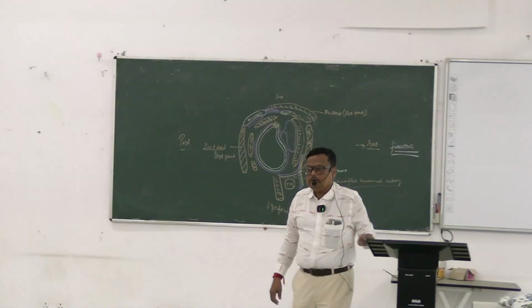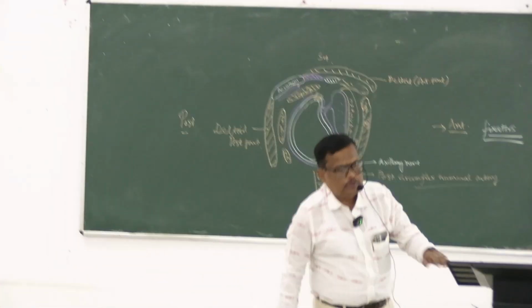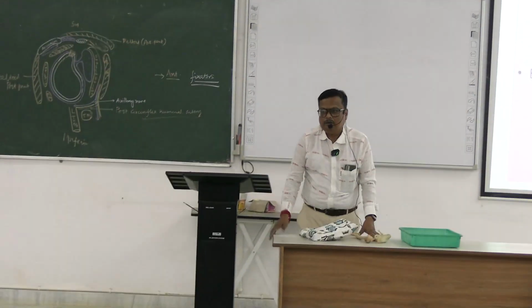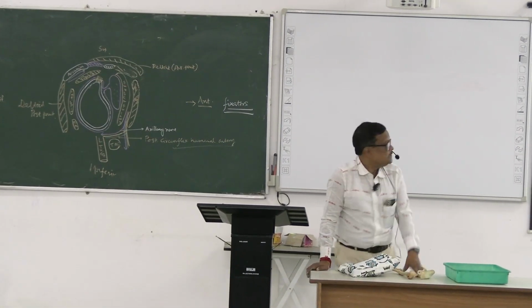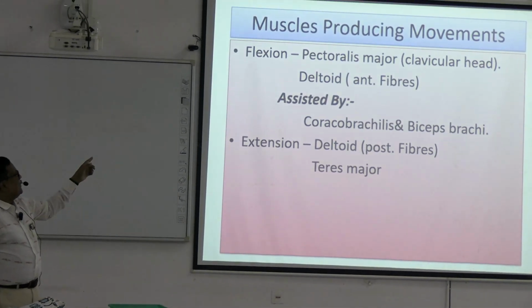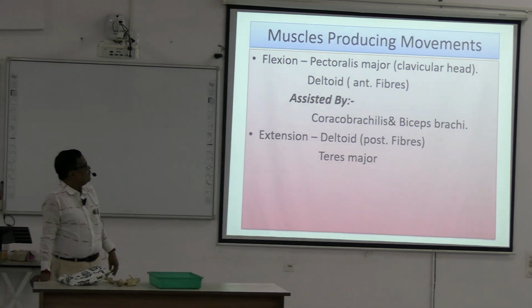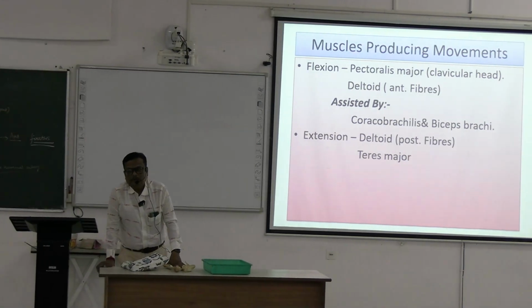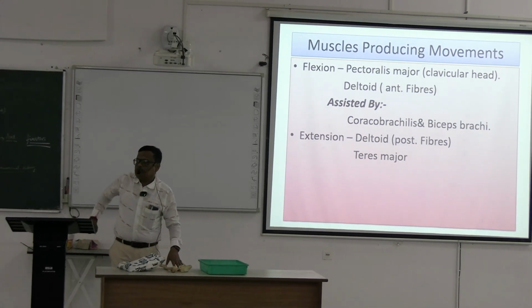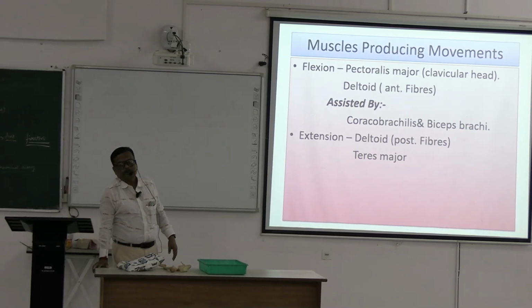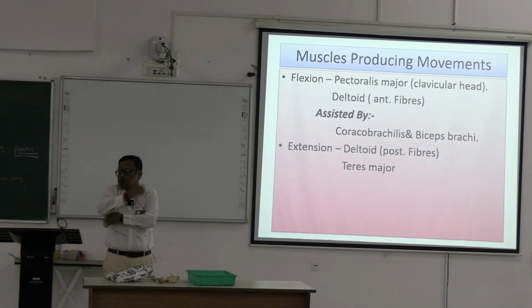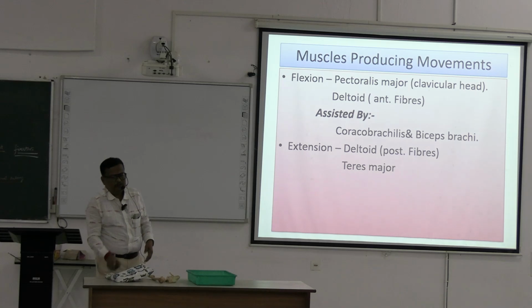anterior fibers of deltoid, pectoralis major, clavicular head of pectoralis major, coracobrachialis assisting and biceps brachii. মিলেছে কি? হ্যাঁ, মনে আছে? Pectoralis major, clavicular head, anterior fibers of deltoid assisted by coracobrachialis and biceps. Extension, এই যে আমি extension করছি, is caused by the posterior fibers of deltoid and teres major. এই মাসলগুলি অ্যাক্ট করছে। বইতে আছে নোট।